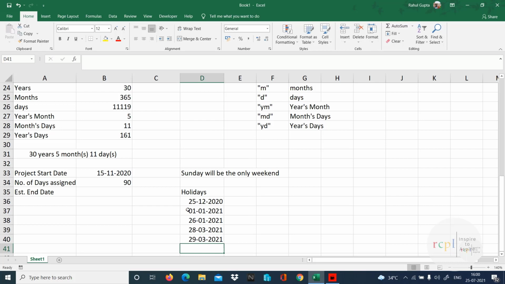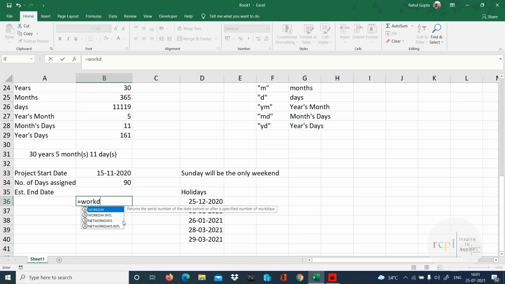So now we have to get the end date, we have to take care of Sunday as a weekend and these holidays also. So let's get over here the estimated end date. I'll type is equal to workday function. What workday does, it takes start date, days and holidays and gives you a date which is the end date according to all these aspects.